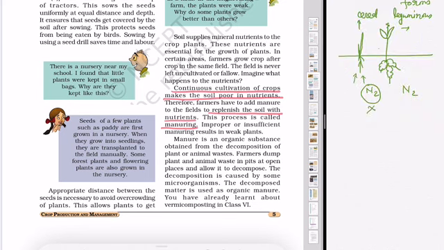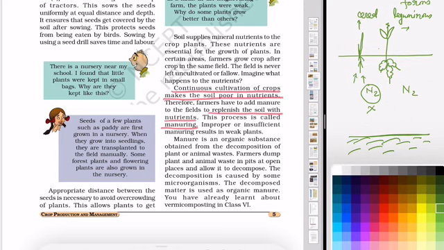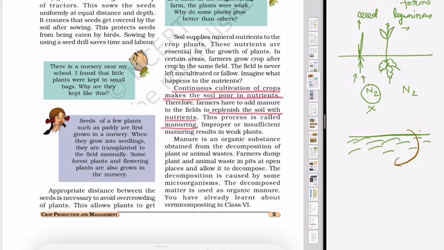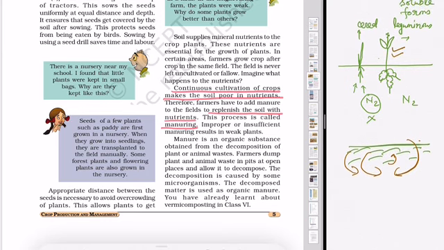As we know that the leguminous plants are rich in nitrogen, after harvesting of leguminous plants, we will mix the plant in the soil and leave it like that for some time. So the whole soil will become rich in nitrogen. This process where we are mixing the soil with a green plant is called green manure.